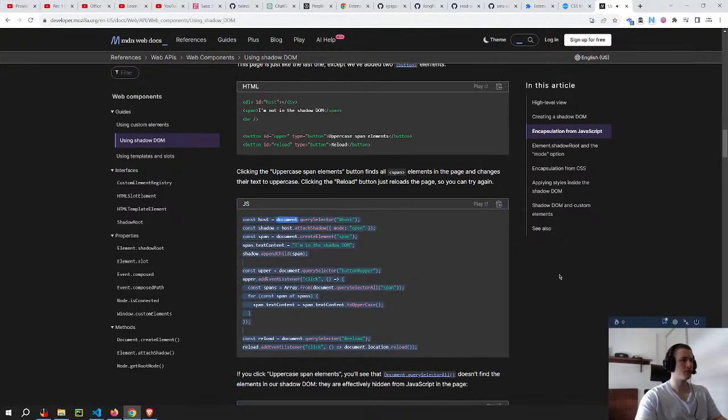const host = document.querySelector('#host'); const shadow = host.attachShadow({mode: 'open'}); const span = document.createElement('span'); span.textContent = "I'm in the Shadow DOM."; shadow.append(span);